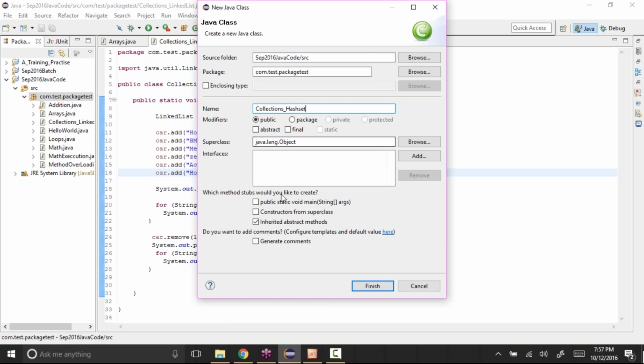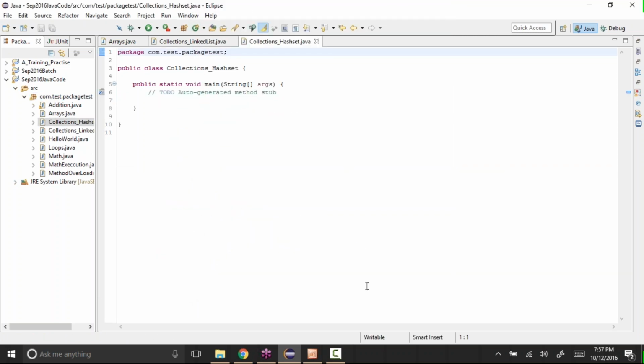I'm just giving that name to the class, and I want to have the main method, so I'll select that main and click on finish, which will create the class as well as the main method for me.